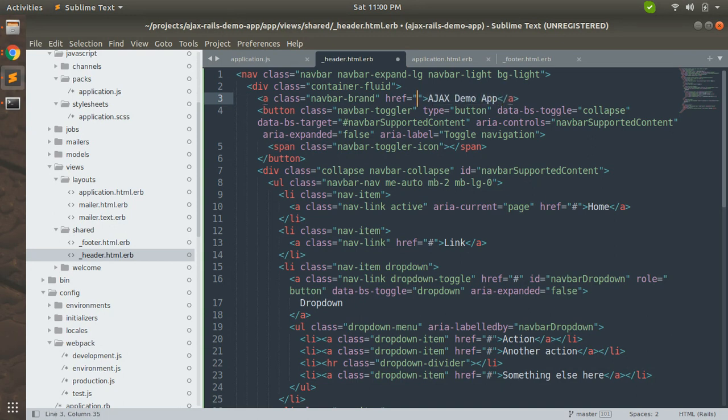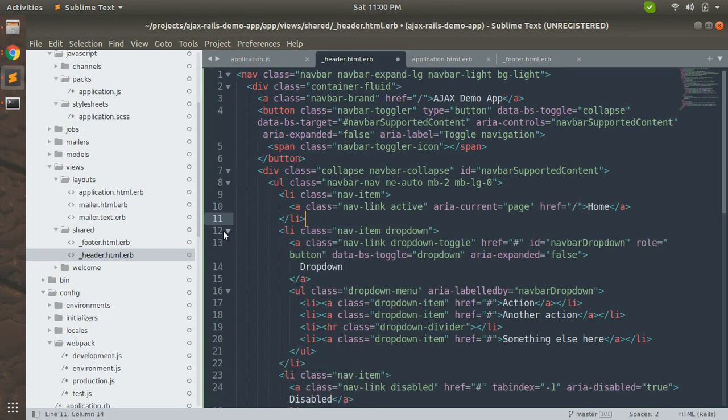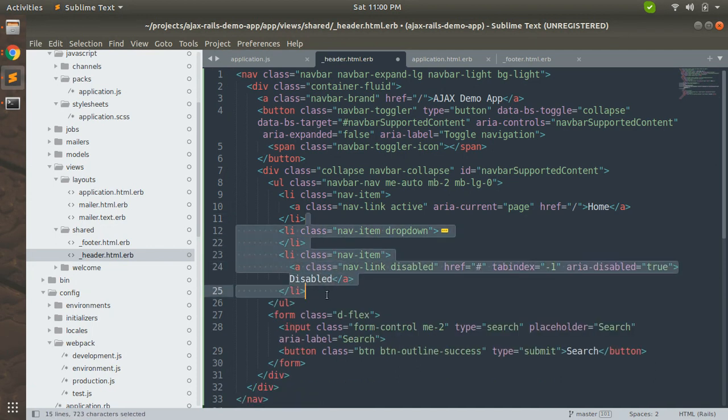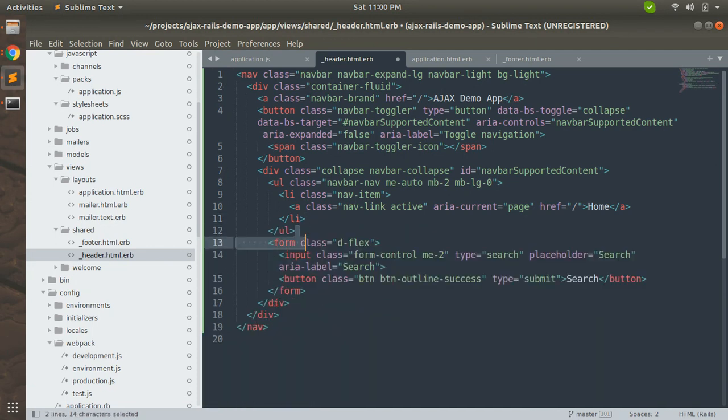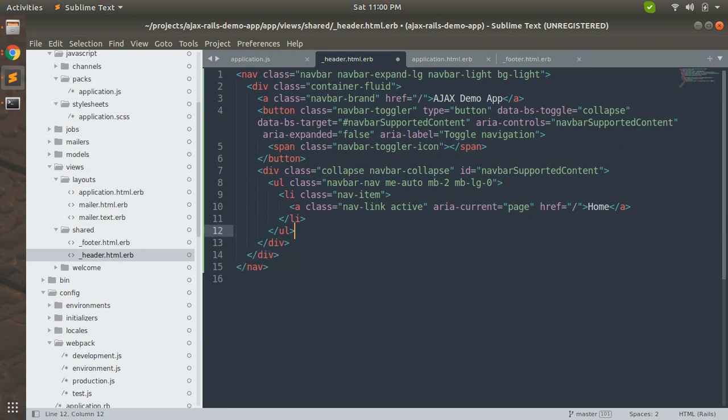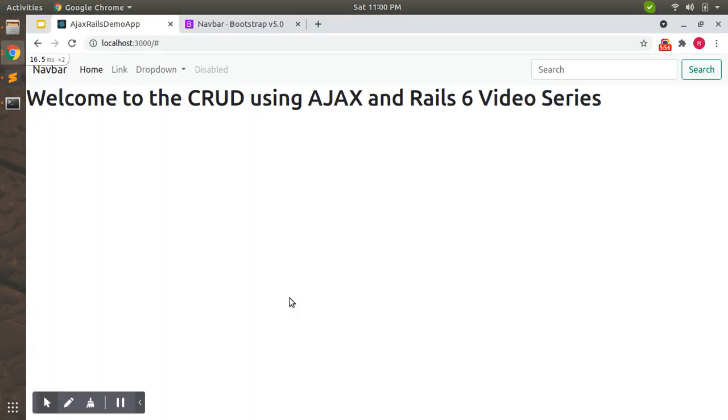We will remove this hash and add a slash, so whenever you click on this it will redirect you to the root path. Then the slash, and we don't need this link, we don't need this dropdown, and we don't need this form as well. Now refresh our page and you can see that it has only two links.